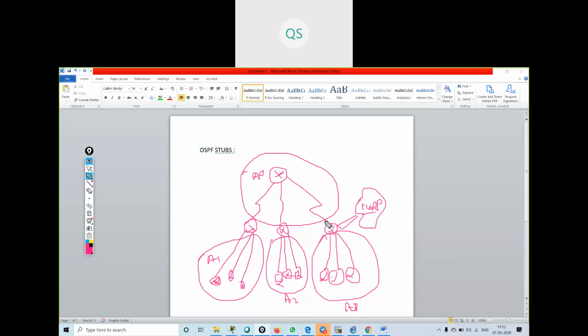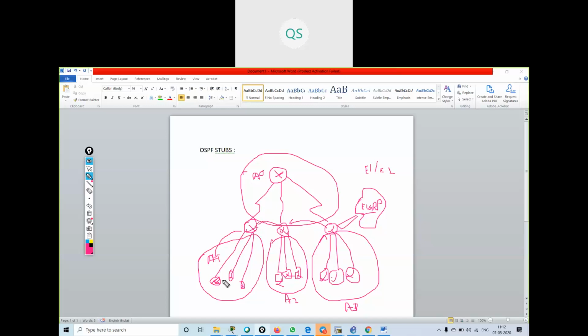The E1 E2 routes, whatever the external routes of EIGRP there are, will be advertised on all the routers. The routes will be given to this router, and they will give them to the downstream routers, all the routers. Now what will happen?